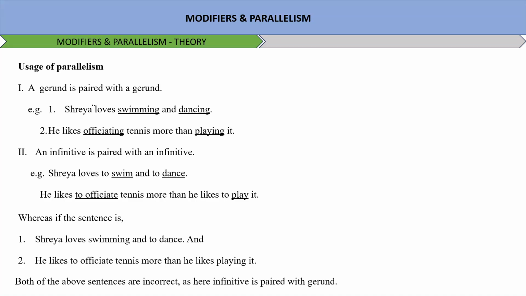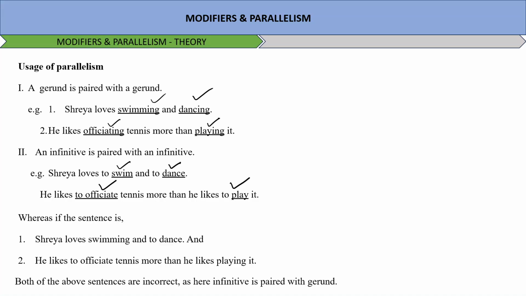Parallelism. An infinitive can also be paired. For example, Shreya loves to swim and to dance. He likes to officiate tennis, then he likes to play it. Infinitives: to plus V1. Whereas, if the sentence is Shreya loves swimming and to dance, this again becomes an incorrect